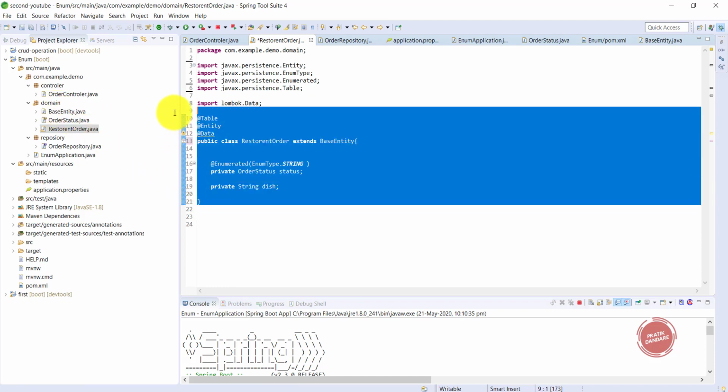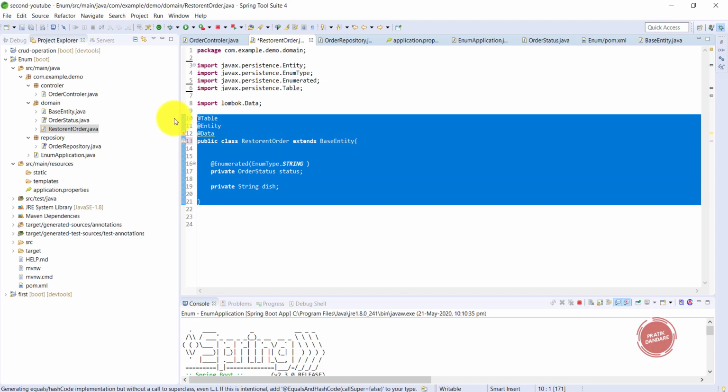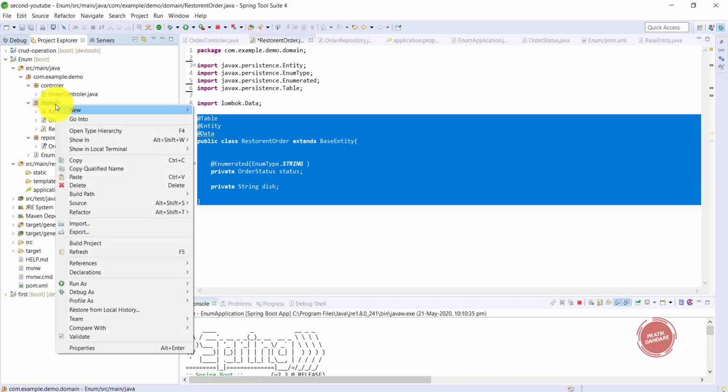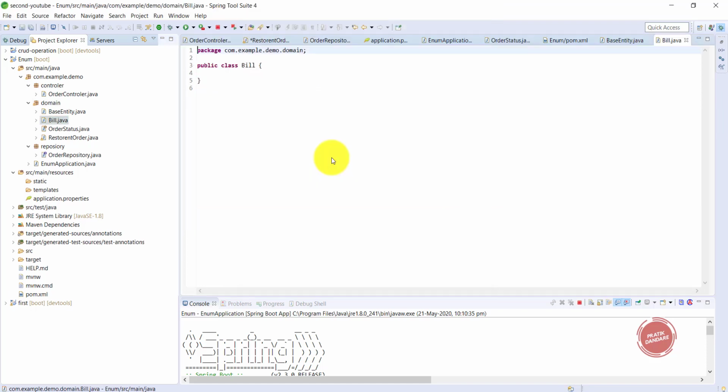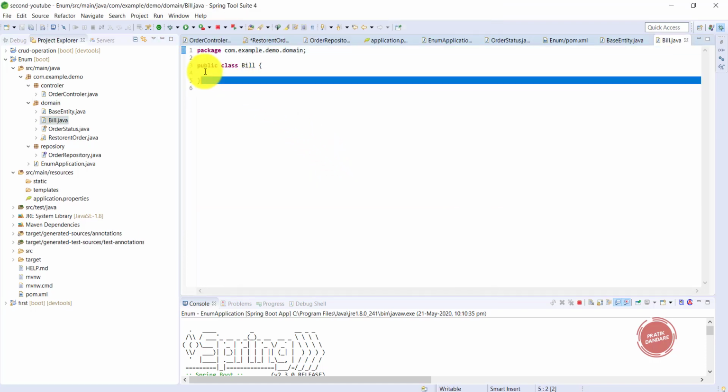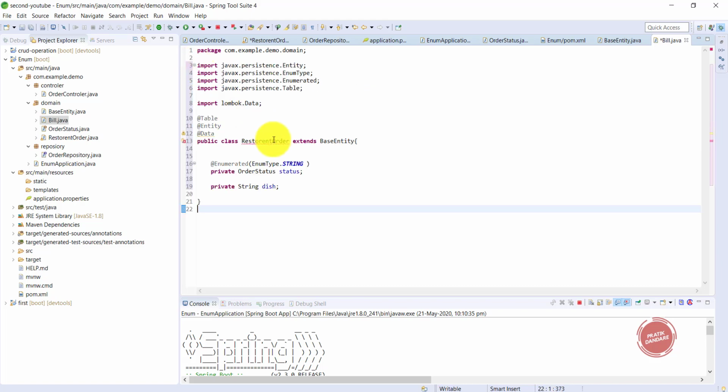I'm copying this, and I create a table called Bill. Sorry, B is capital. So this is the table, and I'm going to rename it to Bill.